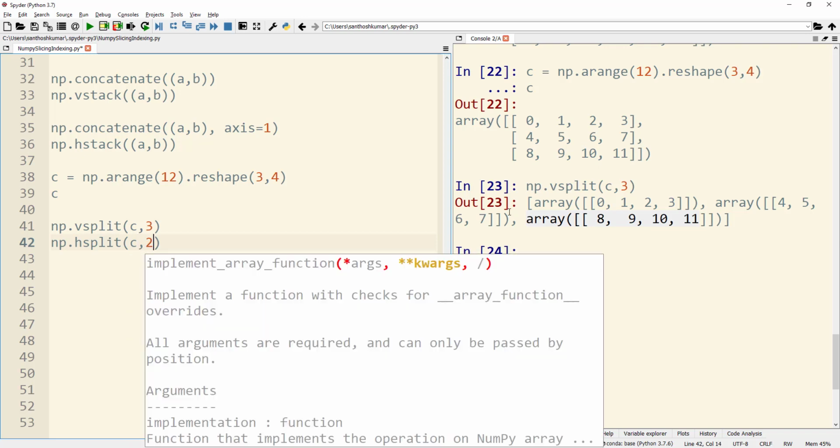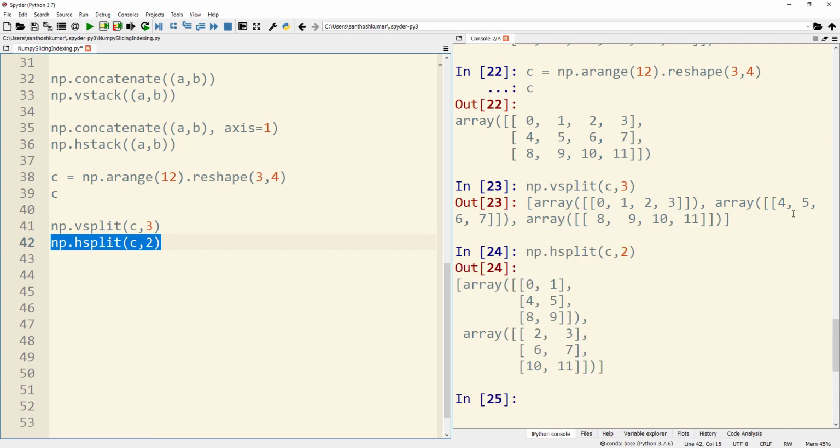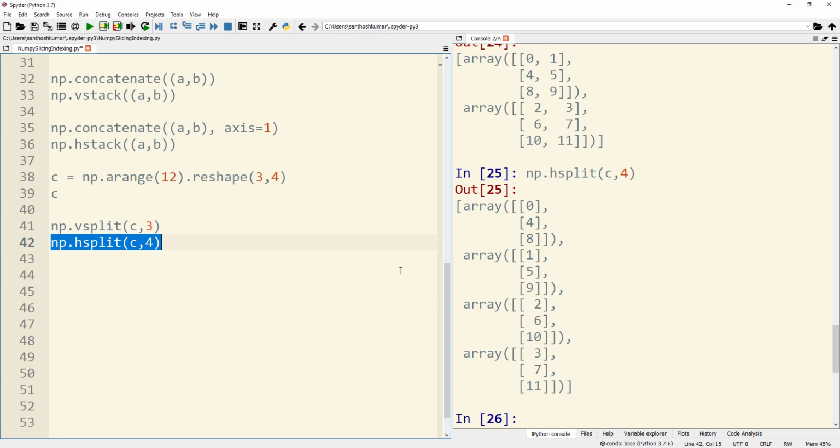Let's try that out. So I am giving C comma 2, and when I run this, you can see that the output is having 2 arrays. I can also just split the C array into 4, because there will be 3 rows and 1 column each. When I run this, you can see that the output is having 4 arrays.